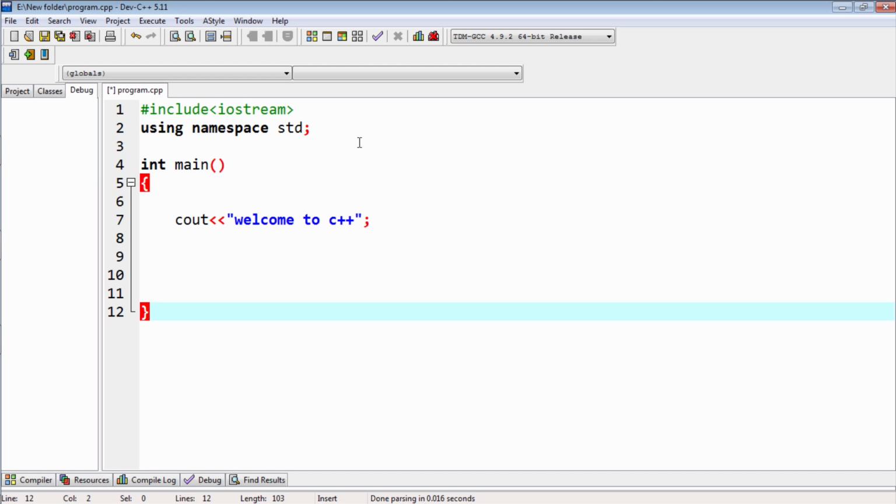These curly brackets denote the body of the program. Between these brackets we write the statements, and these statements are actually the commands for the computer to operate. Now inside the brackets we have a statement: cout << "Welcome to C++";